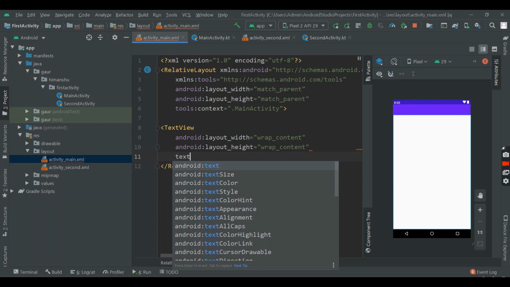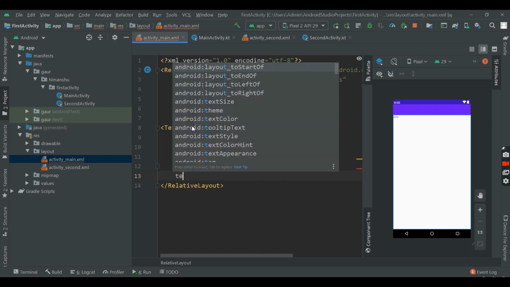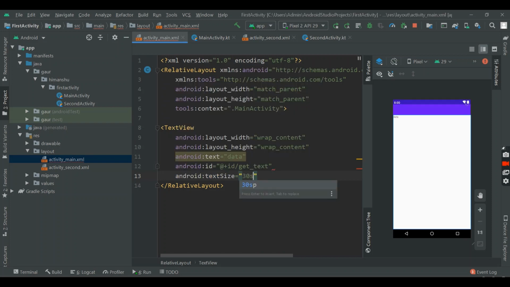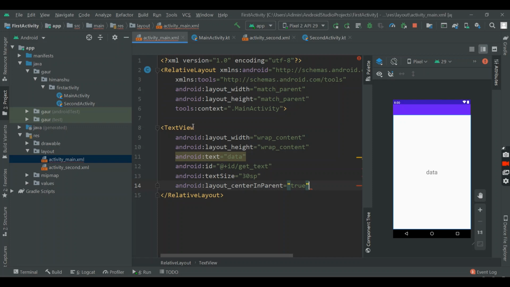So the id is get text, and its text size is 30 sp so that we can see it very easily, and I make it center in parent, which is true. That's all.